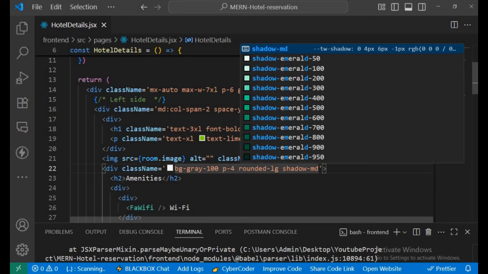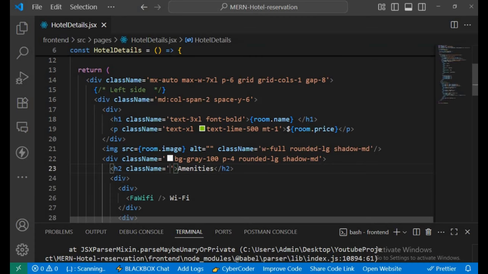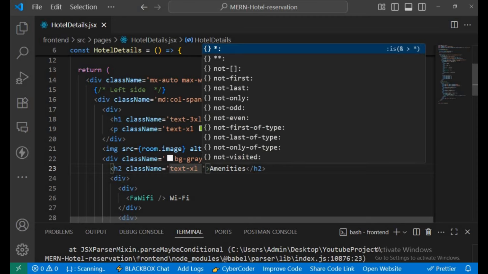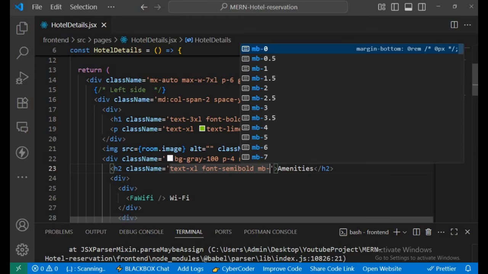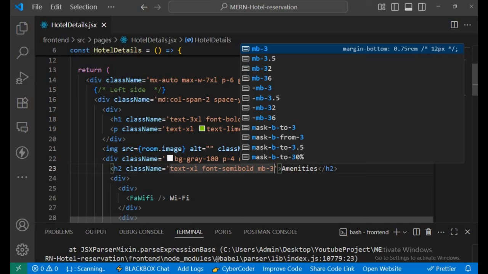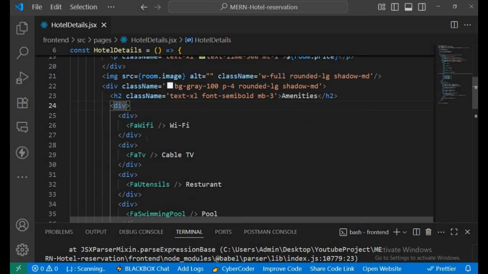Next is the H2 text. The text size will be XL. The font will be semi-bold. Margin bottom will be 3. Then this div tag that we have right here,